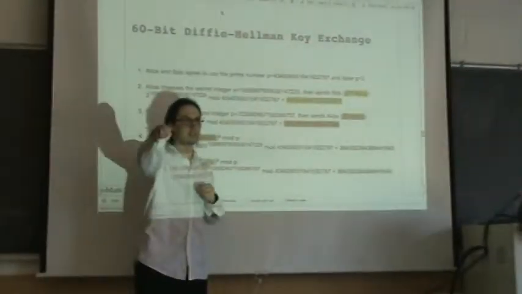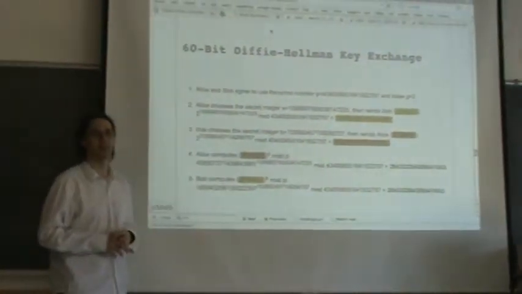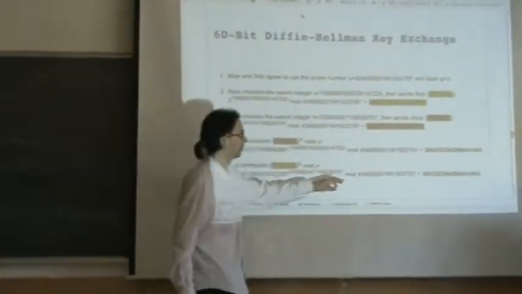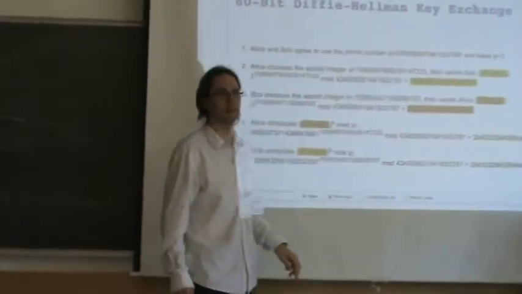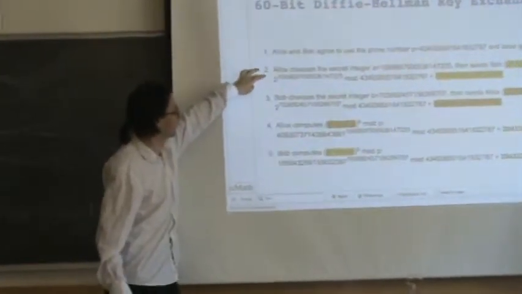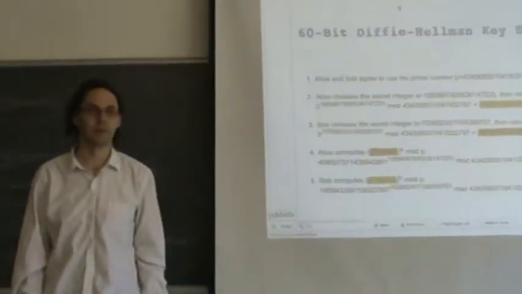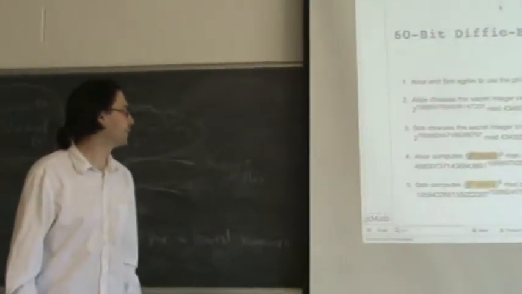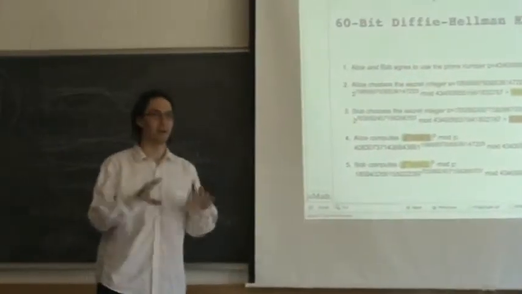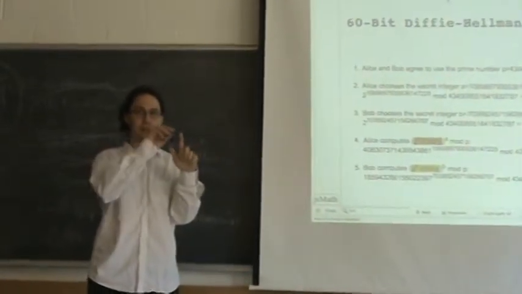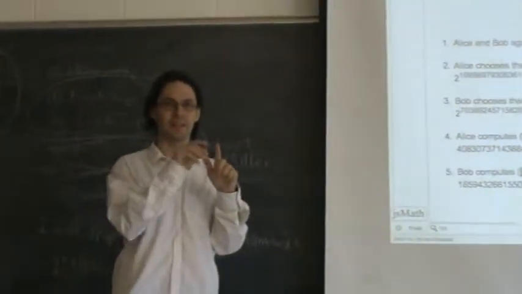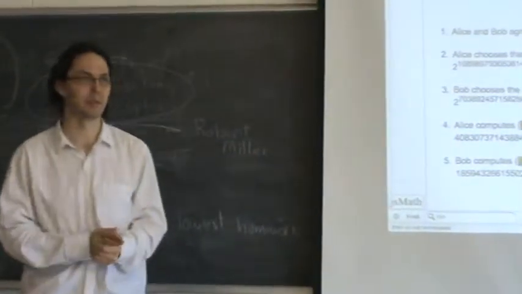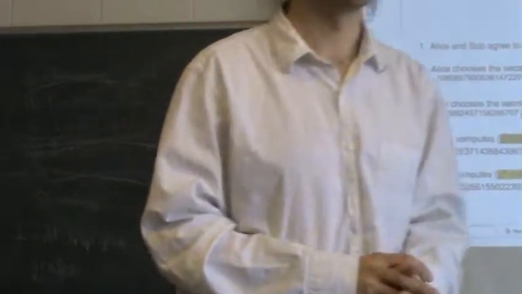And the really, really bizarre thing is that knowing everything that gets sent back and forth, it seems to be extraordinarily difficult to figure out what this number is that Alice and Bob agree on if you don't know either a or b. So it was interesting, when the paper first appeared by Diffie and Hellman in Mathematical Reviews, the reviewer said he is not convinced that this thing works. But it turns out that it does work, and it's used all the time by people.